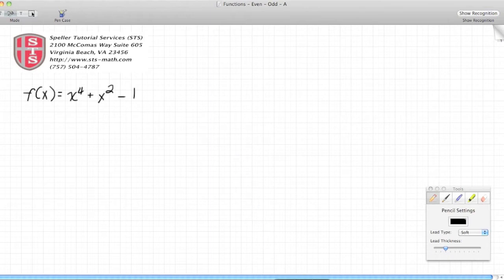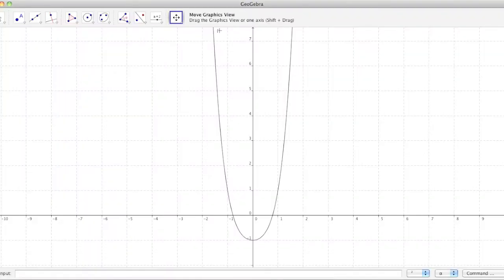I've already graphed this function, so let's take a look at it. The function is a parabola. This parabola we see has an axis of symmetry along the y-axis. If a function is symmetric with respect to the y-axis, then we know that the function is an even function. Here we see that if I fold the right-hand side of this function along the y-axis, it's going to overlay or fall exactly on the left-hand side of this function. So I can tell visually that this function here is, in fact, an even function.